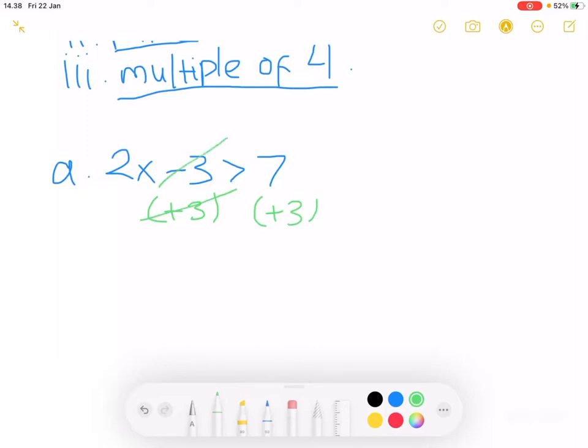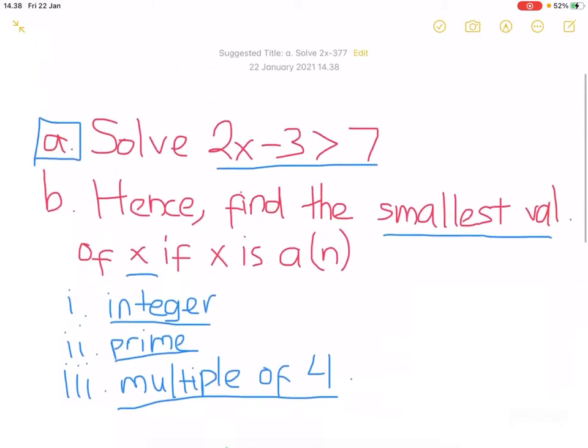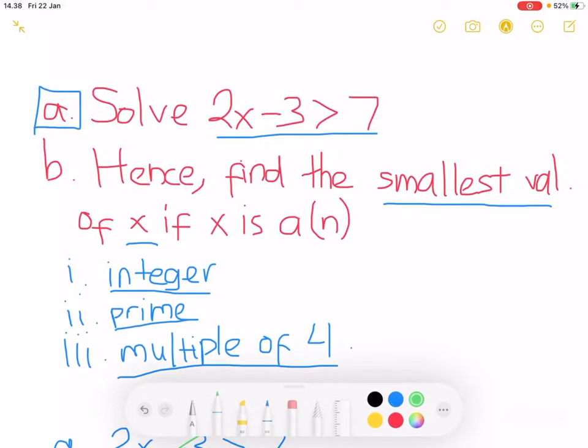This and this will cancel quite nicely. We're left with 2x is greater than 7 plus 3, which is just 10. Dividing by 2 on both sides, we get that x is greater than 5. I'll just write the answer right here. So for part B,